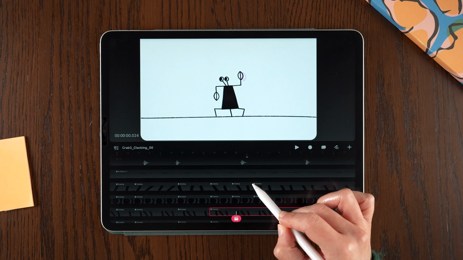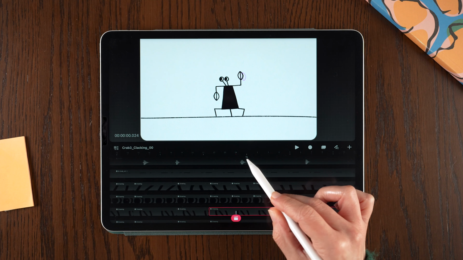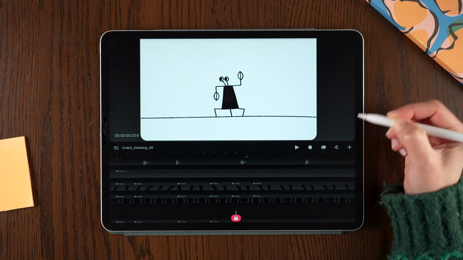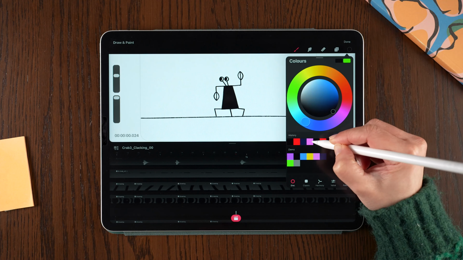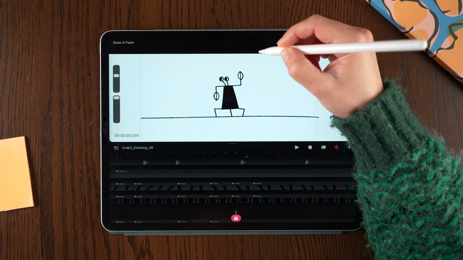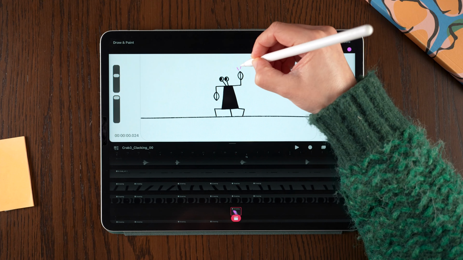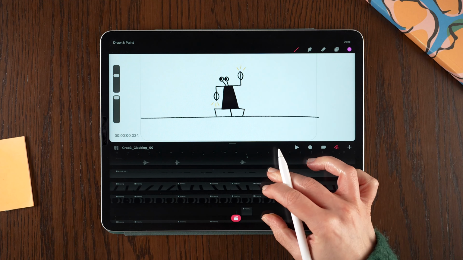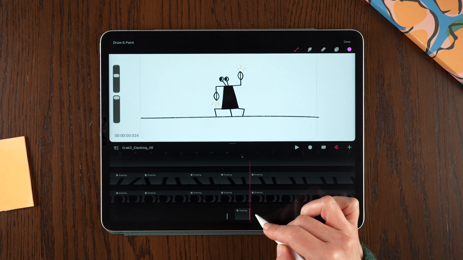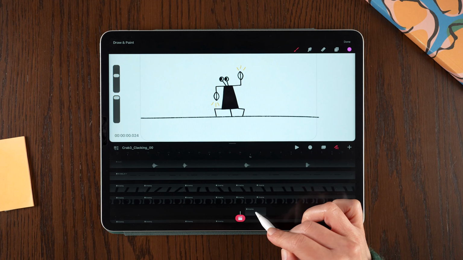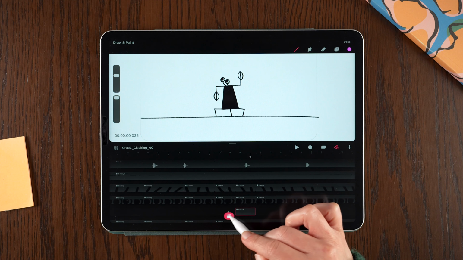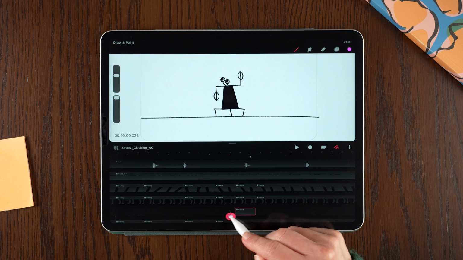I'll go where the sound wave appears and add a new track. I want to create a few lines to visualize the sound with a different color. This is an extra step to show other ways to mark the exact moment of the beat, but you can skip it if you want. Okay, so this is the first frame.